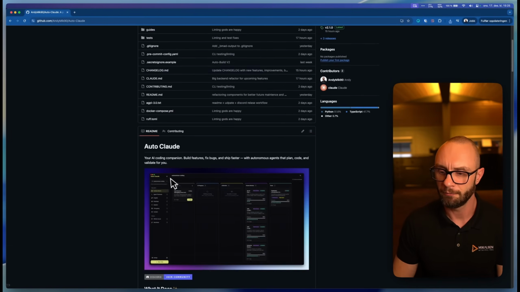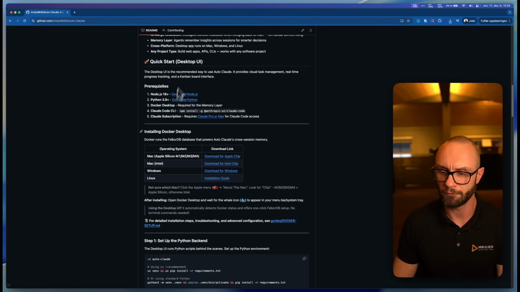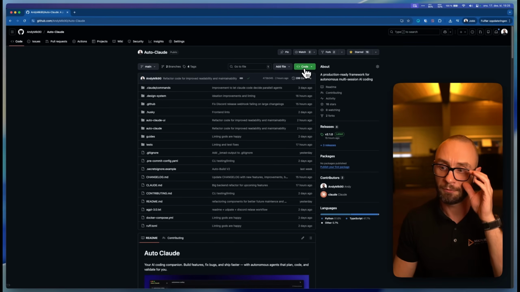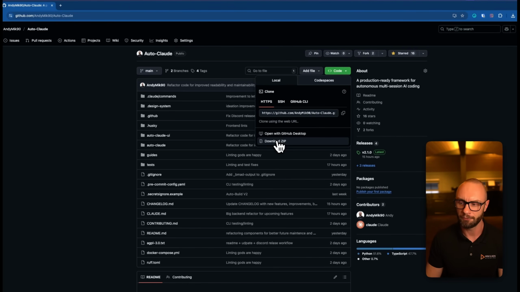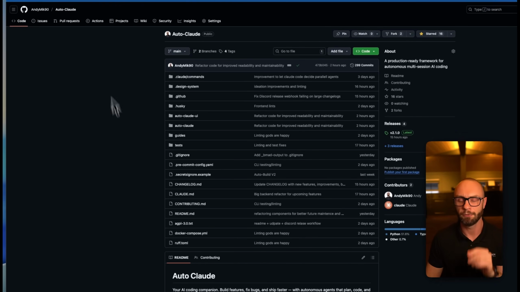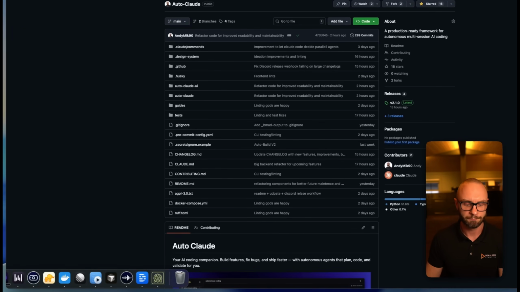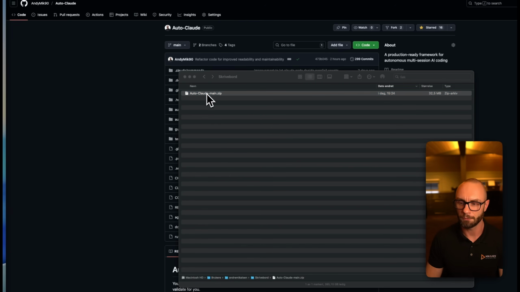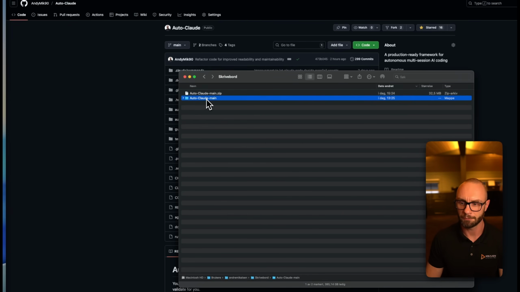So I just wanted to showcase how you can install AutoCloud if you're wondering about how to do that. We have a very descriptive quick install description if you want to follow along. If not, here's how you do it quickly. You download the zip file here on GitHub, and the link is down in the description. Then you create either a new folder or you unzip the AutoCloud folder, which you downloaded.